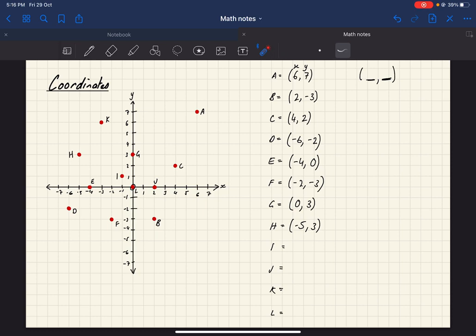I is at -1, 1. J is at 2, 0. K is at -3, 6. And L, oh, that's right there, that's at 0, 0. Now be careful, if you've got an axis like this,